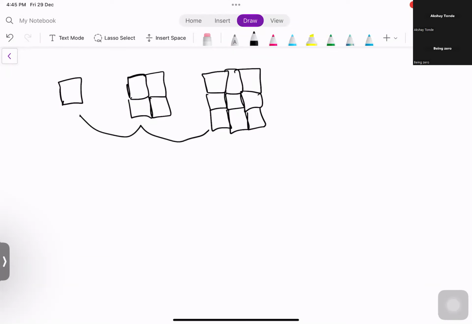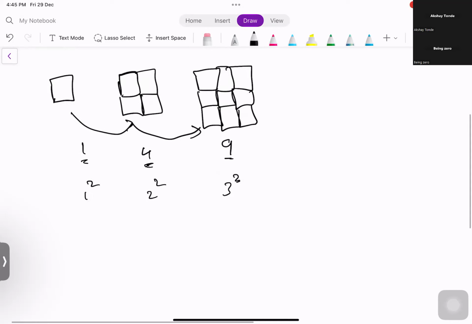So do we observe a pattern here? This is 1 square, this is 4 square, this is 9 square. Now, if I was given 5, 6, 7 or 8 squares, anything in between, will I be able to form a square? No, right? Which means there is some form of pattern here: 1, 4, 9. What are these numbers? 1 is 1 squared, 4 is 2 squared, and 9 is 3 squared. So from this, we can say that